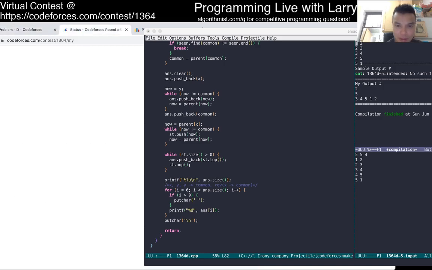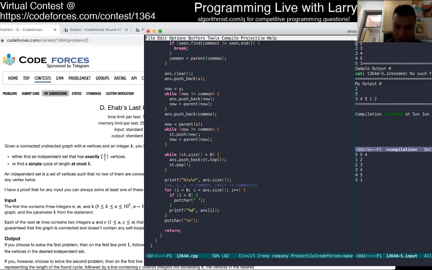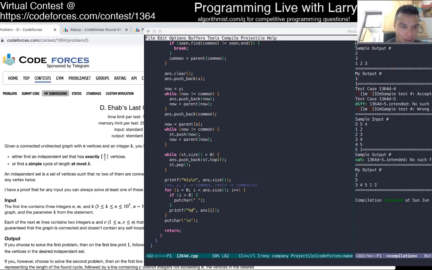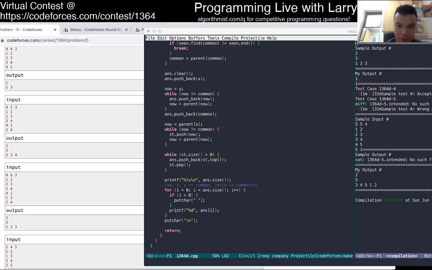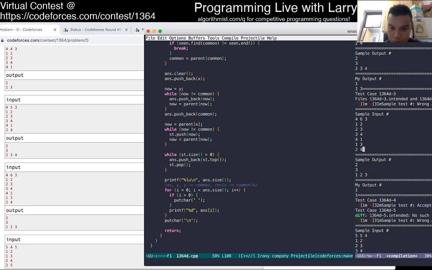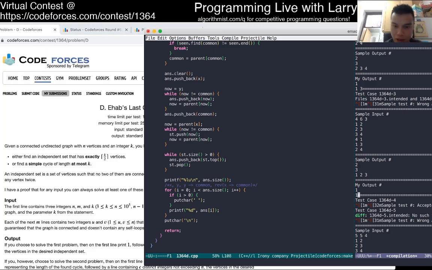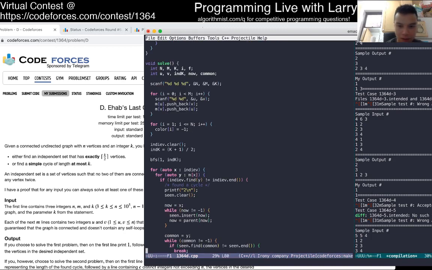If it failed on wrong answer on test 3, did I just not look at it correctly? Let's see. 1, 2, 3. So this one. Simple output. Well, 1 it seems too crappy of an answer. Oh, I see. So my n is wrong. Why is that? Ooh, okay.